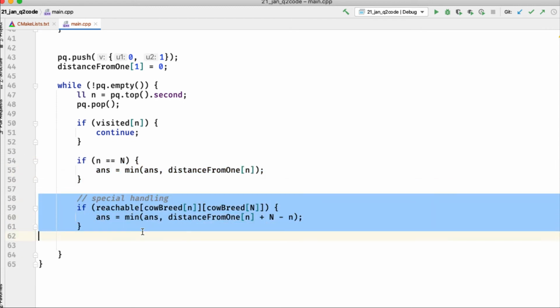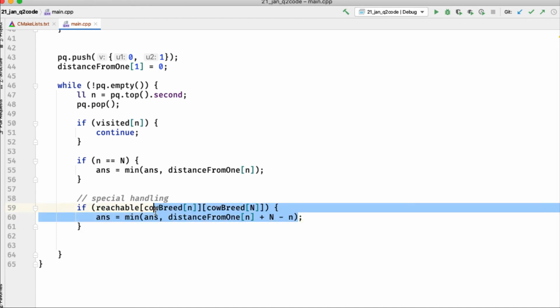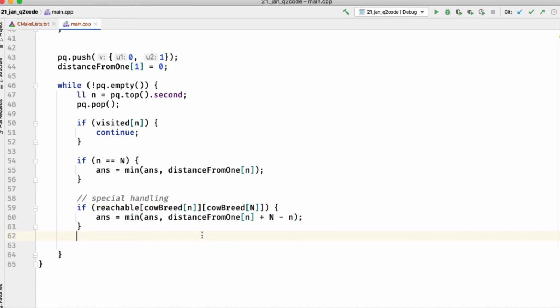And the other thing we're going to do is our special handling. Over here, we're going to check whether or not our current location is reachable to the last element. And if it is, then we can actually consider this for the answer. Because what this would mean, just like we described earlier, is it's just going to be the current distance of n, and then we're going to add the distance between the last node and the current node, so big N